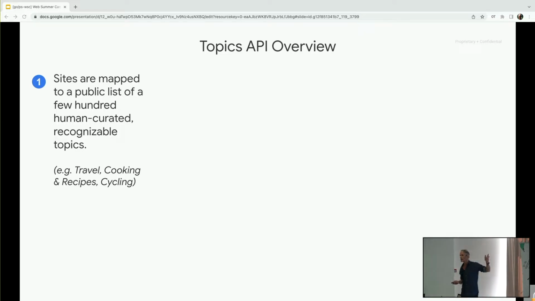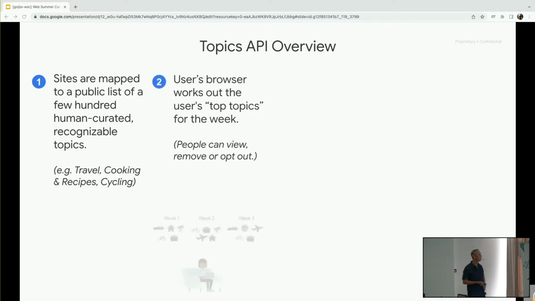And then below that, we have a machine learning model. The model is downloaded to your device in Chrome, and the inference is done locally on the device if you go to a site that's not in the top 10,000, to work out what might be a topic that's relevant to that site, given its host name. I'm conscious that that does not work for every site, but again, you need to think of this as one signal of many signals that can potentially be used to deliver relevant ads.